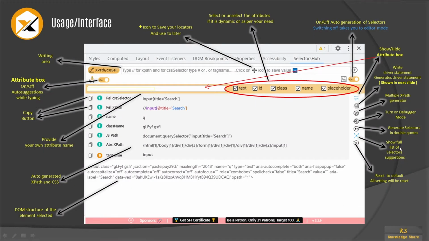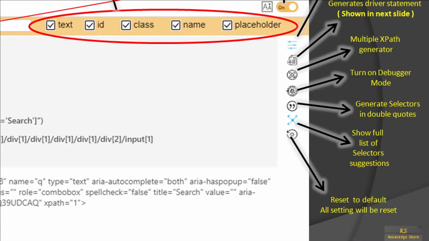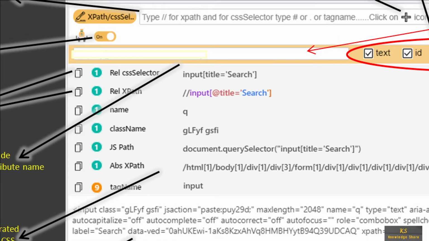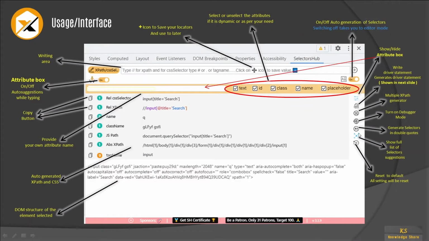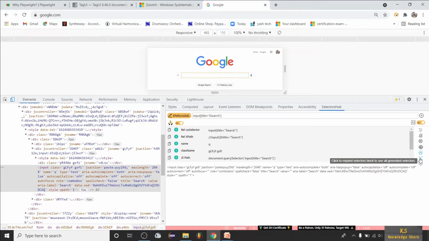Now coming to this show full list of selectors suggestion. So when you click on this icon, okay, so the space which you are seeing here, it has almost all icons. So if I click on this button, it will show everything. If I switch off this button, then it will show only few. So for example, see, observe here, this is switched off now, and I want to scroll it.